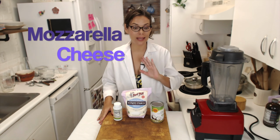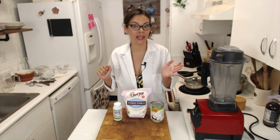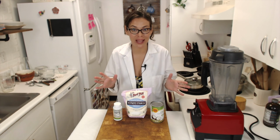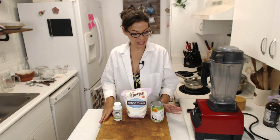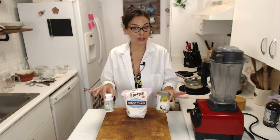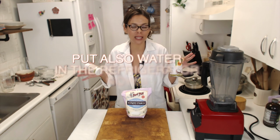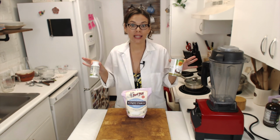This is a cheese that I love because I can slice it, I can shred it, I can just put it on top of crackers in whatever way you like, and it's really, really similar to mozzarella. You only need 3 main ingredients. If you want to add extra flavor or extra spices, that's optional, but the basic 3 ingredients